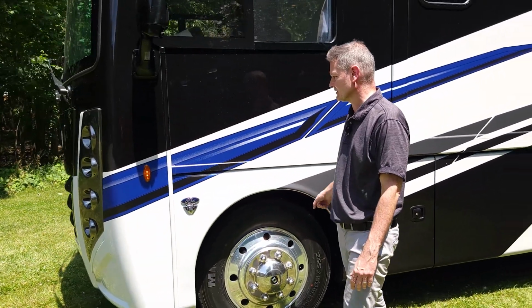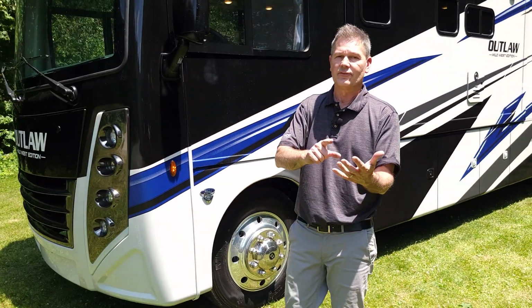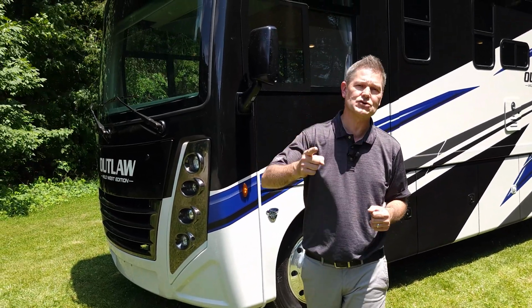22.5-inch tires leading to a nice, smooth ride. Whether it is family fun or full-time living, the 2025 Outlaw Wild West 38K is ready for whatever you can stuff in that